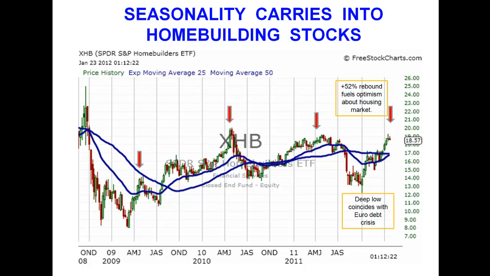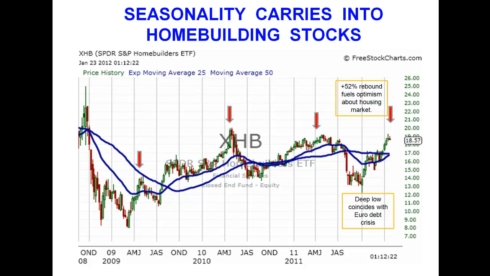So really, what does that mean? Let's carry this over to the full-scale housing industry. This is the XHB. It's the S&P Home Builders ETF, traded every day. In the stock market, you can buy this as a surrogate for, it's almost an index of home builders. You can see again, we've got our same seasonal patterns in play year after year after year here. Very poor results in the fall. These stocks rally through December, through January, frequently into April, May, June. Let's come to the right and look at this year.